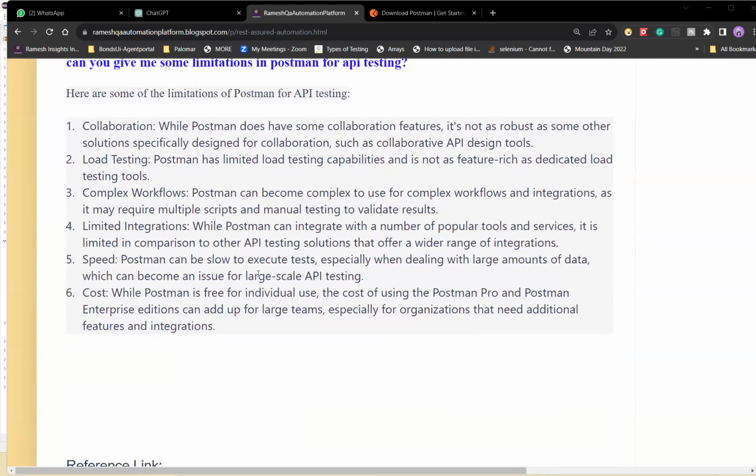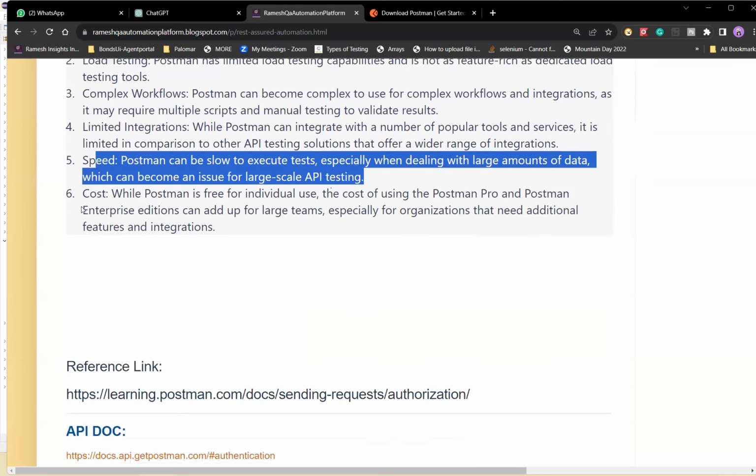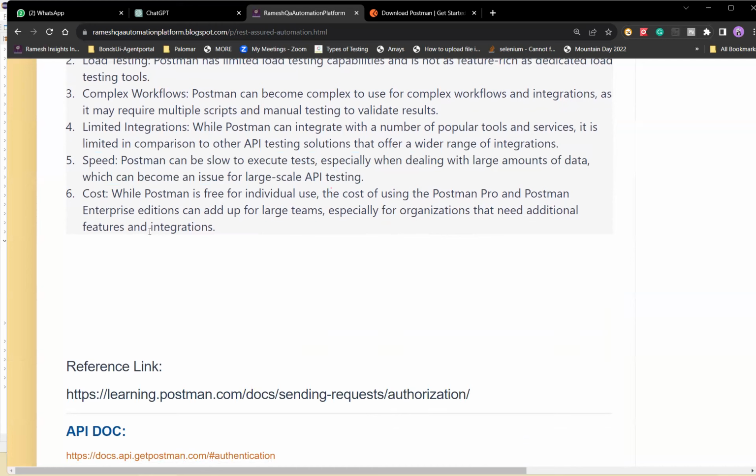Speed: Postman can be slow to execute test cases, especially when dealing with large amounts of data, which can become an issue for large scale API testing. Cost. Because Postman is free